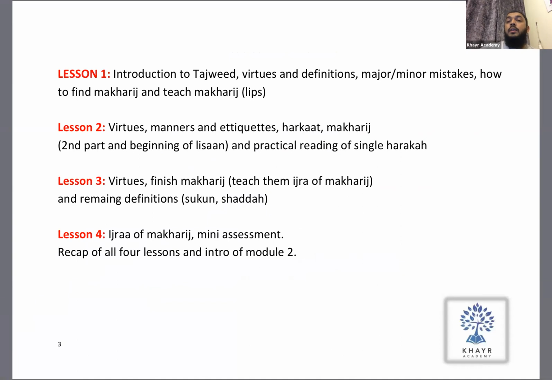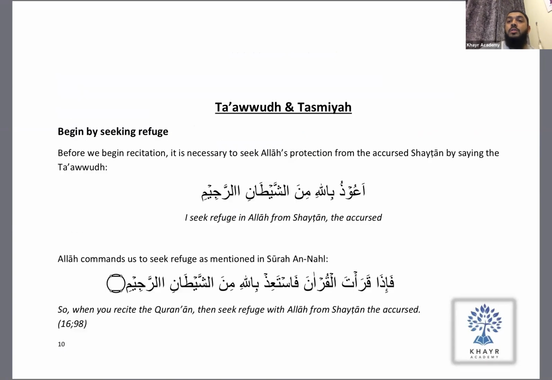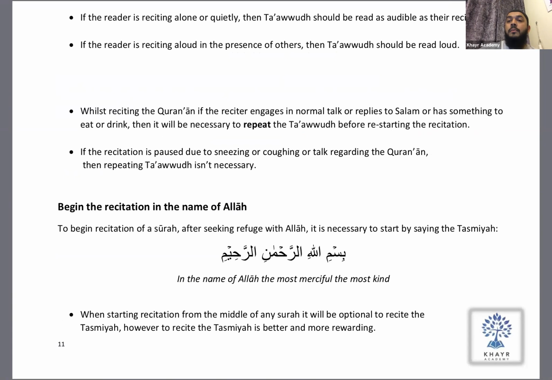What we did in the first module, I taught about makhraj. Isn't it the makhraj that we learned first? Okay, is everyone here? I don't know why it just took me out. You're there double for some reason. It's okay. Isn't it the first lesson we learn, makhraj? Yeah, we learned makhraj, but I just wanted to show you